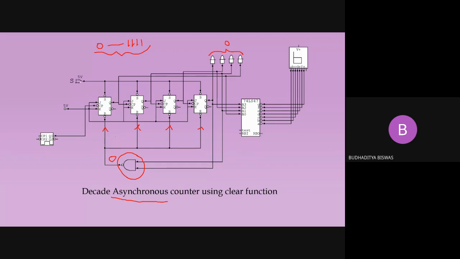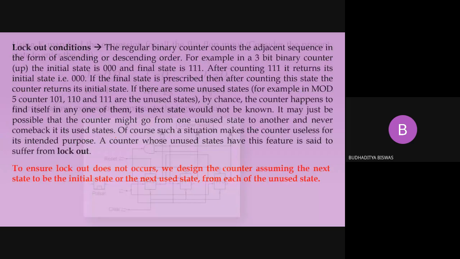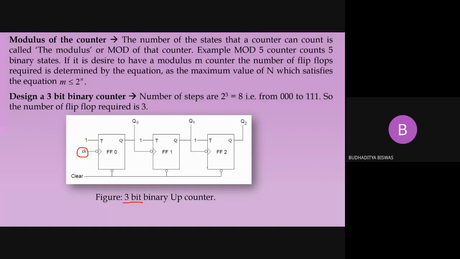No other design techniques are there, only these two things. One without any modification like this one, and that will count from 0 to the maximum number of states using this 3-bit or using any type of the bits according to the number of flip-flops present. But if you want to skip some state, you need to look at the next step bit pattern carefully and design it accordingly.